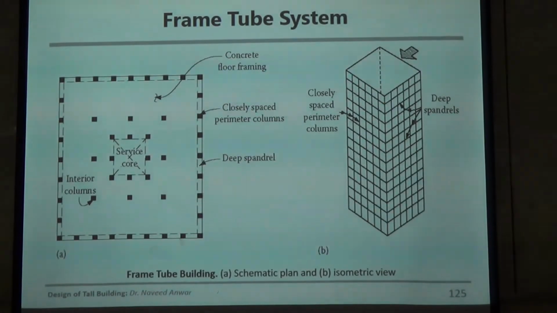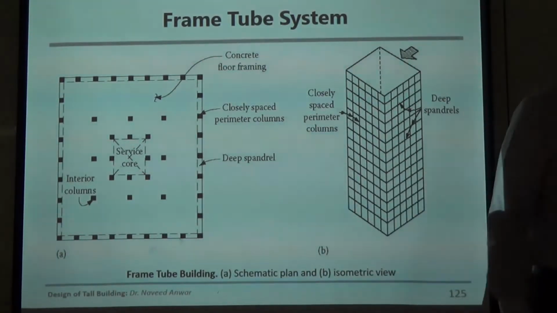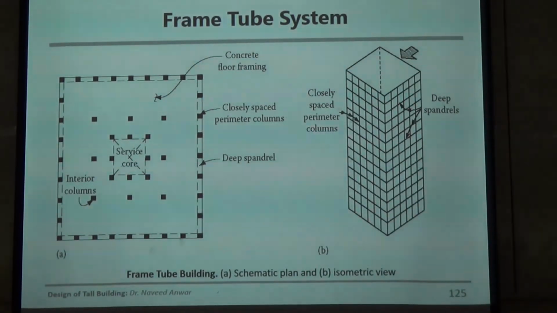So this is the most common, most famous example of the tube system: the two towers that were destroyed on 9/11. They were the first ones to be made from a tubular system, and they also had a weakness which those people knew somehow and exploited. So some structural engineer must have looked at the weakness in those tubular systems, because if it was designed now,